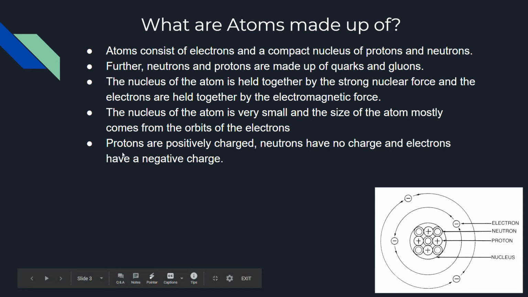Protons are positively charged, neutrons have no charge, and electrons have a negative charge. So protons have a positive charge, neutrons have no charge, and electrons have a negative charge. Okay,